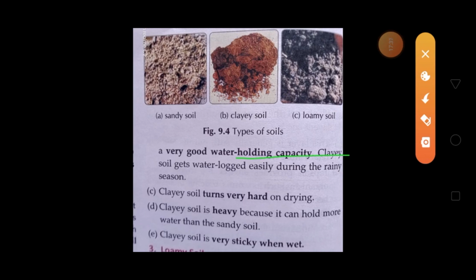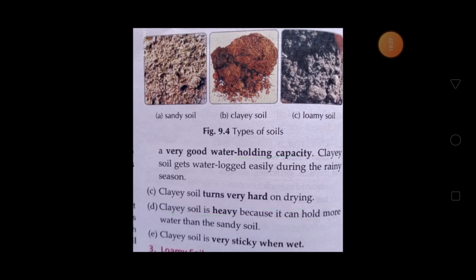It is very hard when dry. Clay soil is heavy because it can hold more water. It becomes very sticky when wet. That's why the potter can use clay soil to make pots.